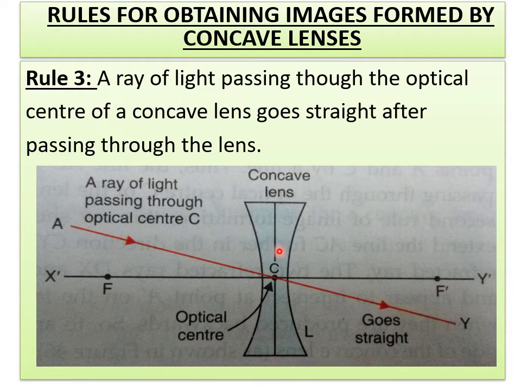That means here if you see, already we have discussed in the convex lens, a ray passing through the optical center goes straight. That means we don't find any bending. Because already I have discussed this condition. A ray which is passing through the optical center, that is nothing but a normal. So i is equal to 0, r is also equal to 0. So that's why it goes straight. That means undeviated.